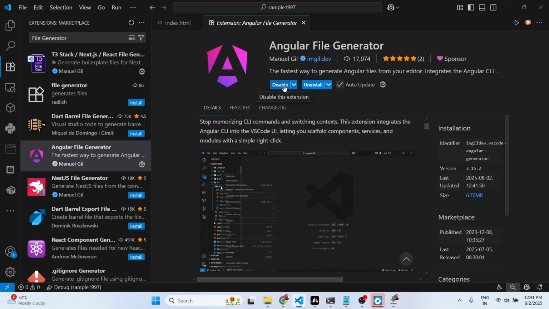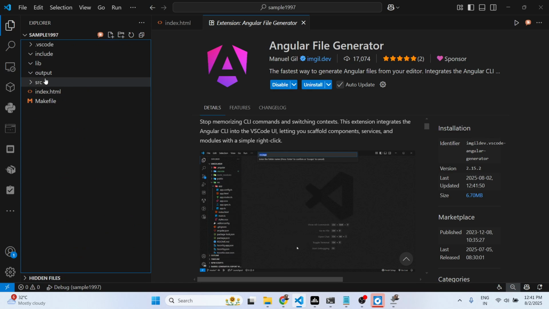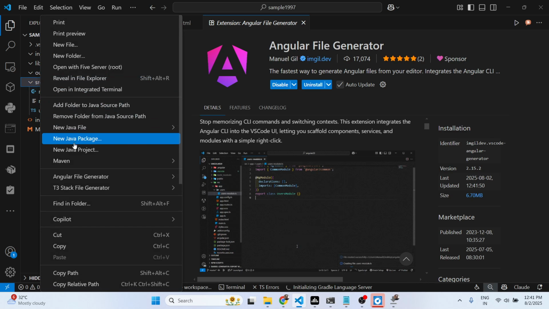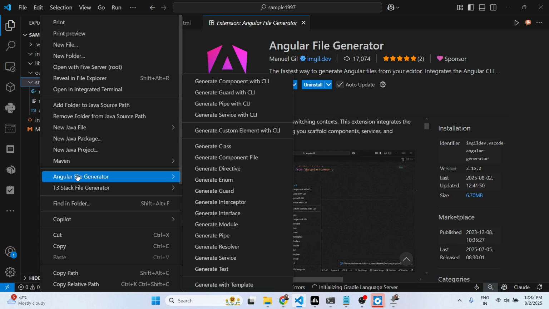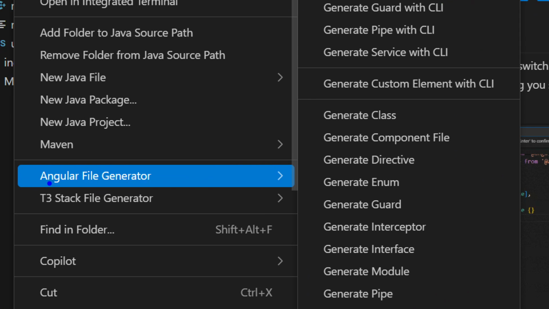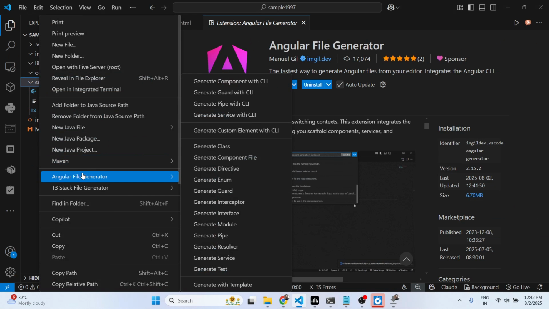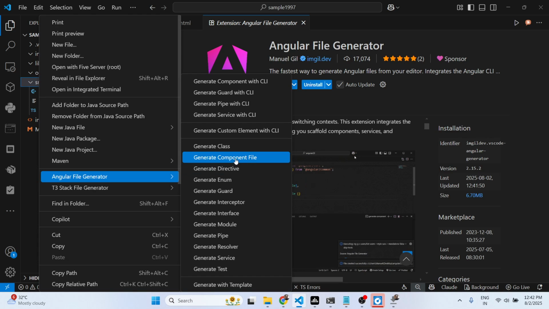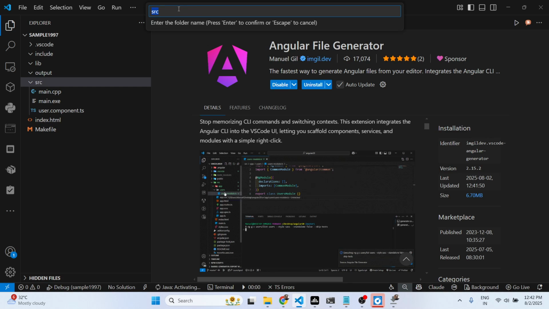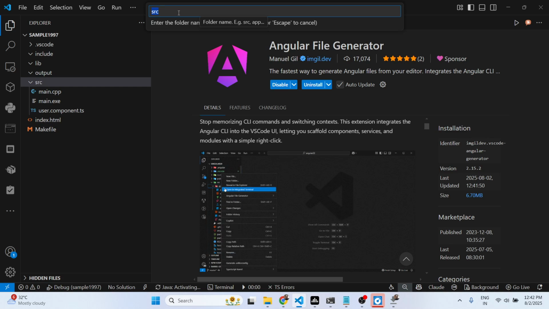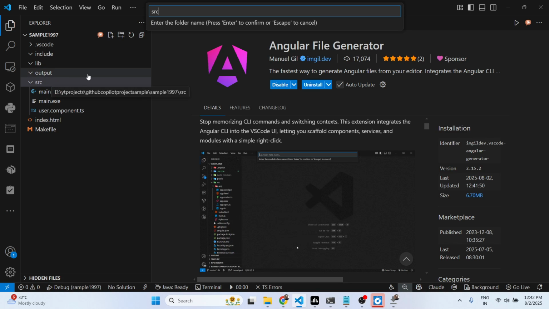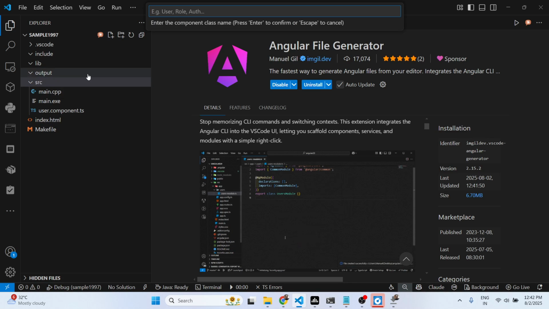and just install this extension globally, and after that you simply go to a folder and right click, and you will see this option appearing, which is Angular file generator, and this option will be added right in the context menu. So if you right click, you will see Angular file generator, and you see this option generate component file. And here you simply need to confirm in which folder. If you want to create a brand new folder, you can also create this. So I just want to have this in the same folder, so I will say enter, and then you just